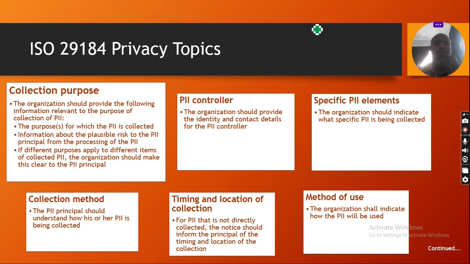The ISO 29184 privacy topics look at data collection: PII controllers, specific PII elements, and the collection method. The method you use in collecting your data from the personally identifiable principals should be understood. They also look at timing and locations, and the method of use, how you're using the data you've collected.